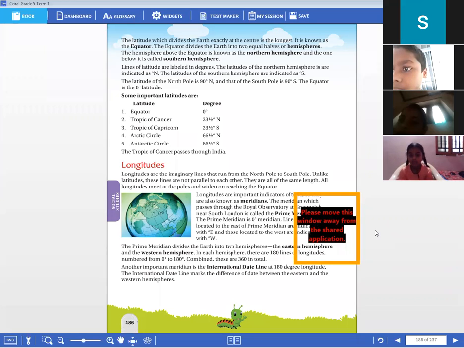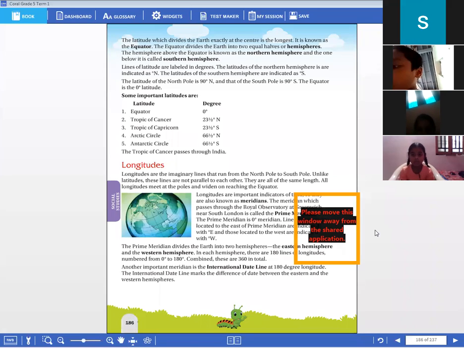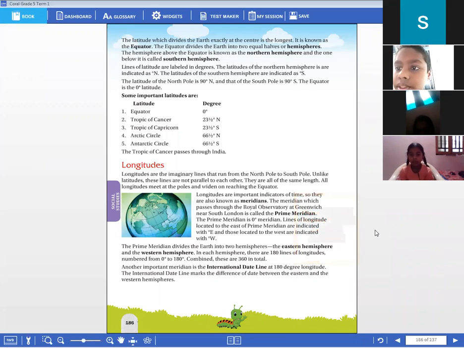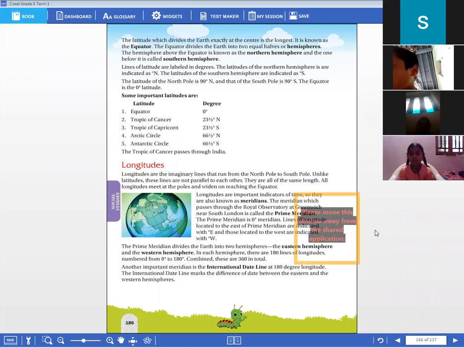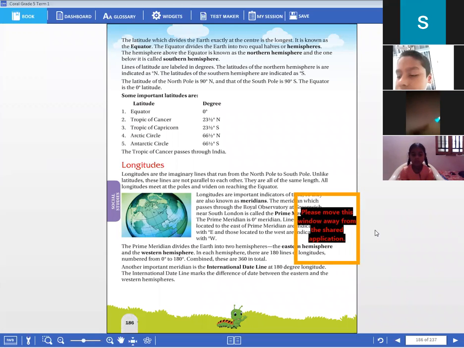In the same way, the longitude also divides the Earth into two hemispheres again. But latitudes divide the Earth horizontally. Coming to the longitude, it divides the Earth vertically. Longitudes are straight lines, meaning vertical means straight line. Similarly, horizontal means a lying-down line, a horizontal line.